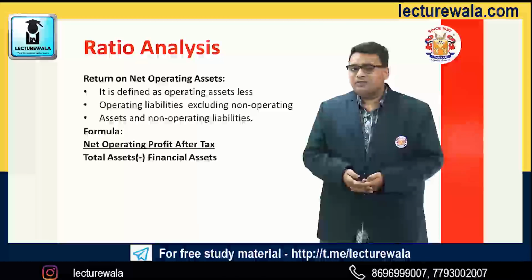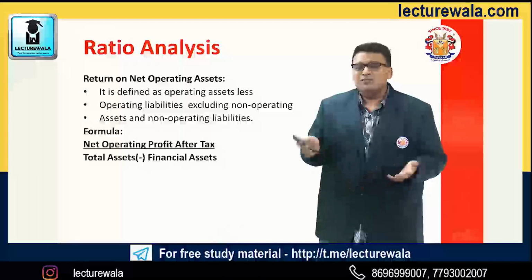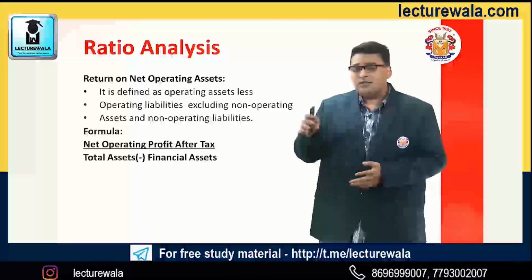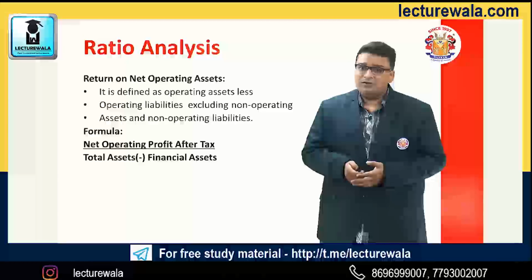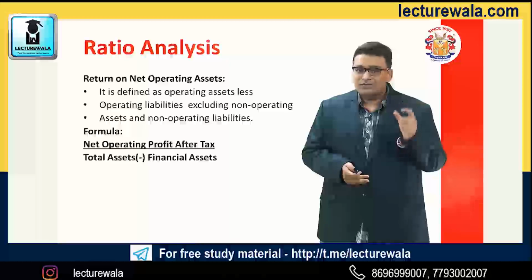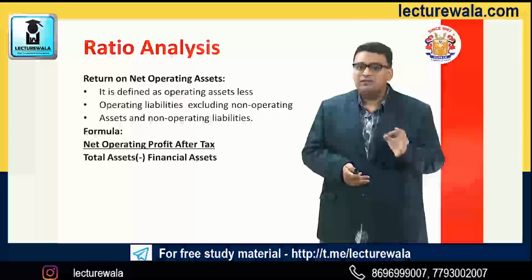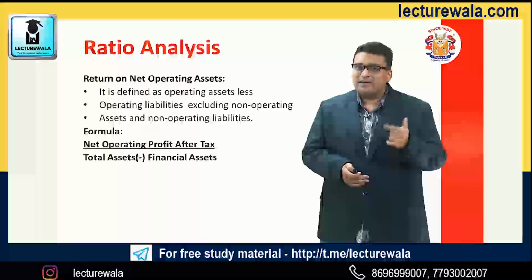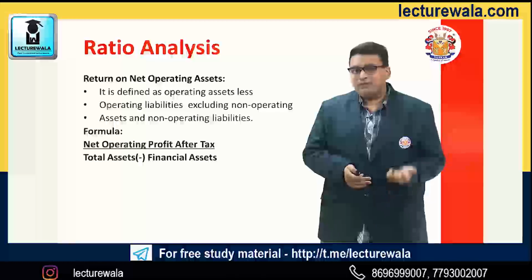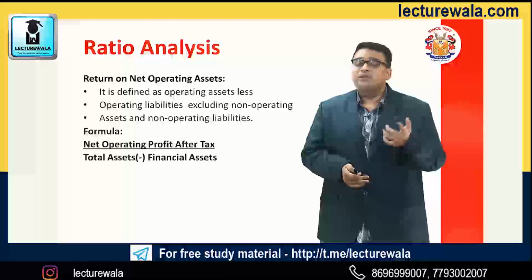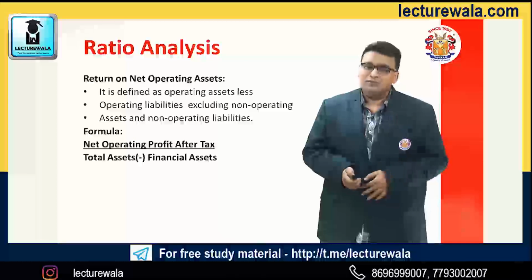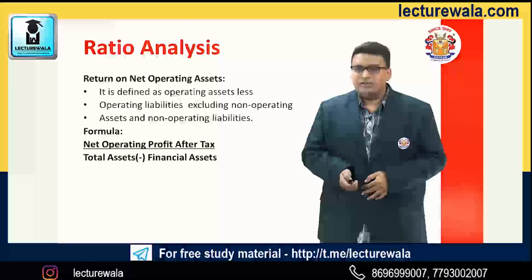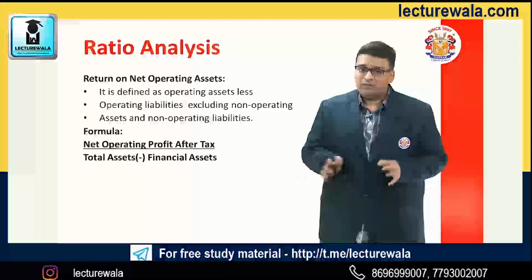That means, as we have discussed, financial assets, if we keep it simple, are all other assets that we have generated by making investment at some other place. And that is the reason it has been said, sir, we have to consider specifically those assets which are practically and effectively helping us to generate the income. And which income? Profit after tax. That means the profit which is exclusively available with us for the distribution, and hence it has been derived through return on net operating assets.